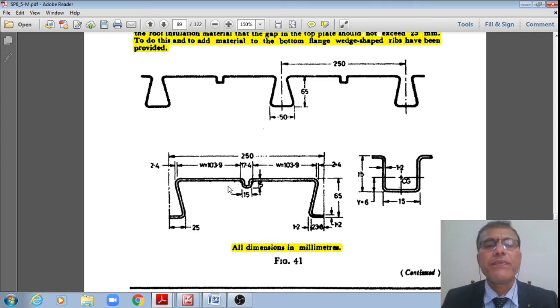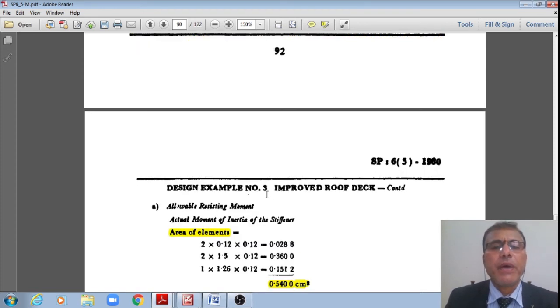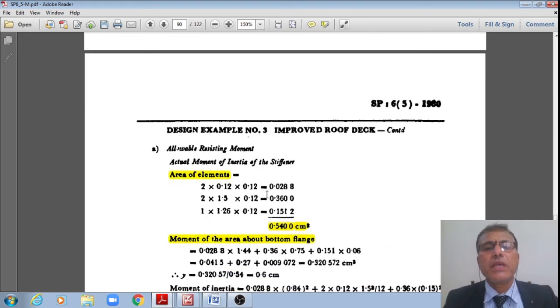Therefore now if I deduct these dimensions from 250, I'll have a width of 103.9, which is perfectly the horizontal width of this flange that you can work out on your own, right? Which is self-explanatory. Each of these will work out to 103.9 and 103.9 as shown here, right? Once we see the profile and the dimensioning part, now let us see the allowable resisting moment.